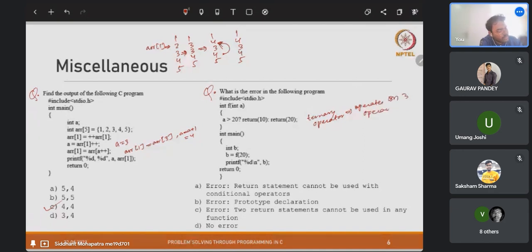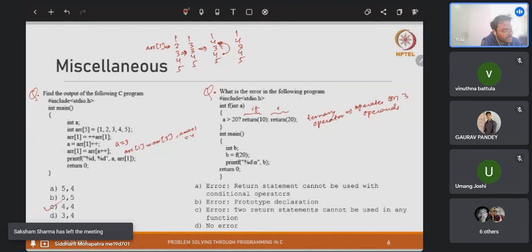So it operates on 3 different operands. This is the if part, this is the else part, and this is the condition. Okay, now that is how the ternary operator works. Now that is inside a function called f, and we have a main function where we have defined a